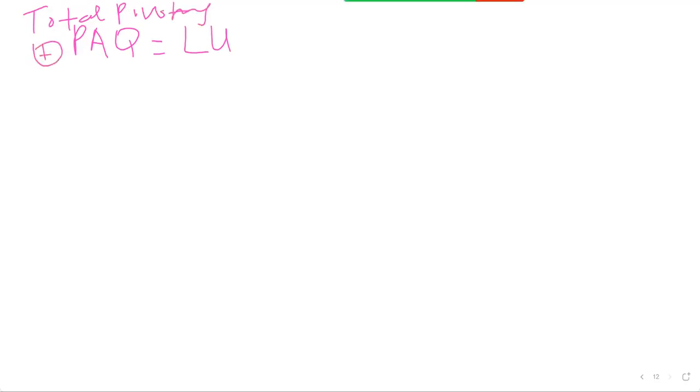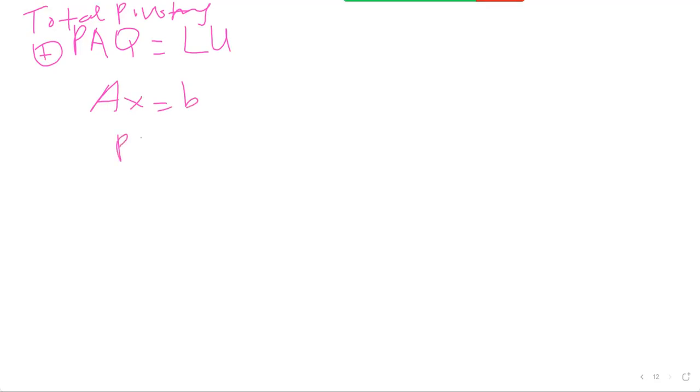So if we do pivoting on both sides, as I said, pivoting we can do on rows, but if we do it on columns also, then we do the same technique of PAQ. That's what we call total pivoting. Then you can have PAQ equal to LU, and in that case, with your AX equal to B,